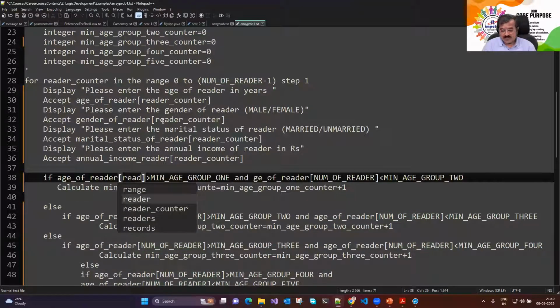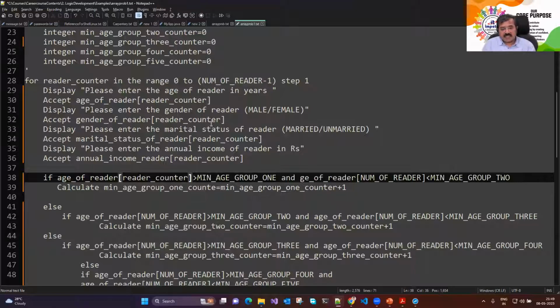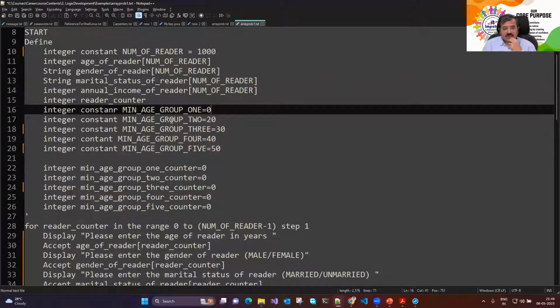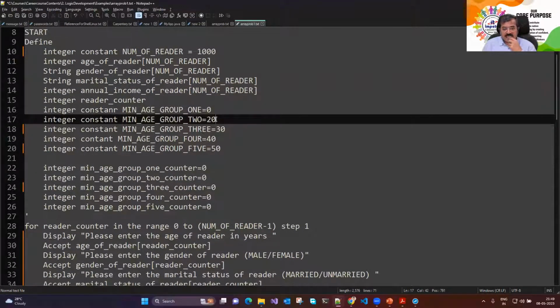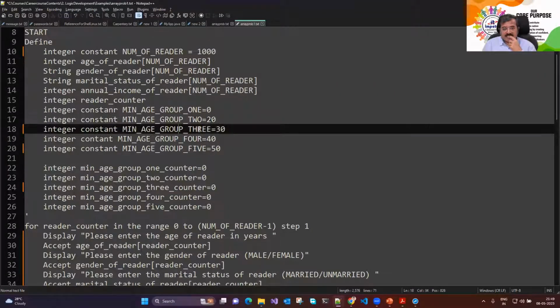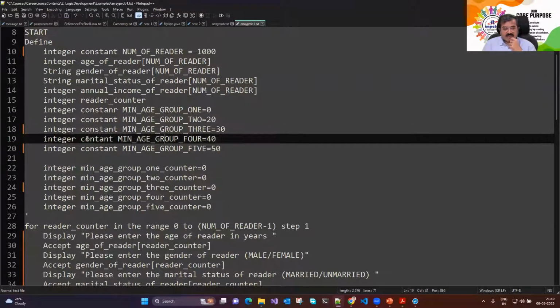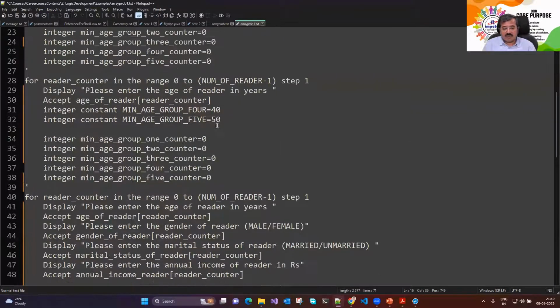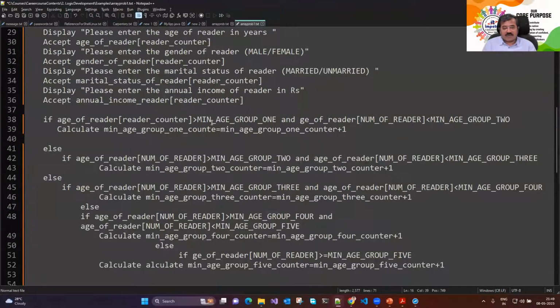Because for the first time reader counter is 0, तो पहले is greater than minimum age group 1 and age of the reader is less than minimum group 2. ऐसा करने की जरूरत नहीं थी. Now that you have taken minimum age group for 1 as 0, minimum age group for 2 as 20, and then 3 is 30, ये constant ले लिया आपने 5. You have taken these 5 constants if you want. ये minimum age group के हैं. So what we could have done is, we could have said,